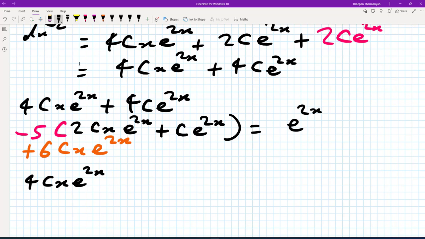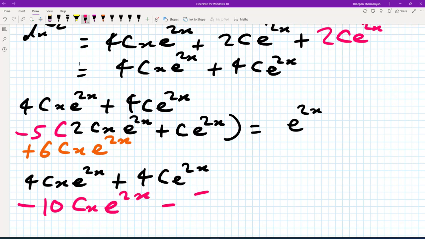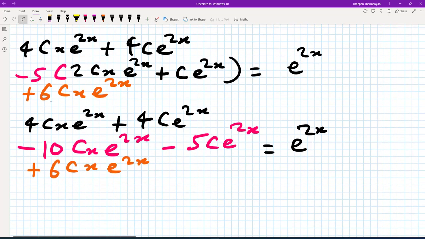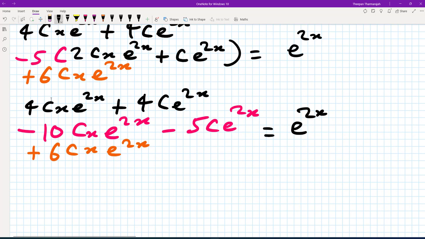So we get 4cx e to the 2x plus 4c e to the 2x. Now, being consistent here, using pink, minus 10cx e to the 2x minus 5c e to the 2x. And then we've got plus 6cx e to the 2x here. And all of that is equal to e to the 2x. So what we end up with is the following. We're going to get 4cx e to the 2x